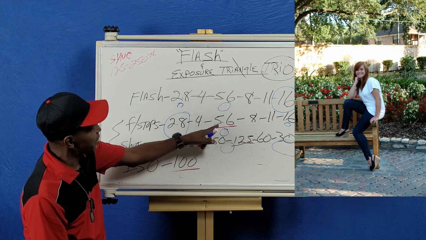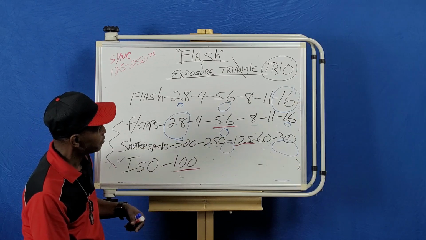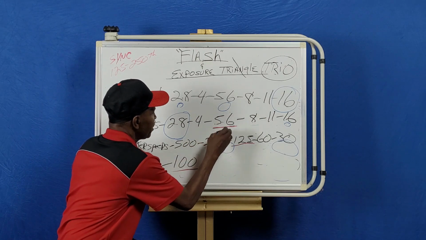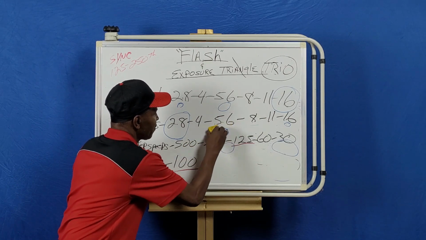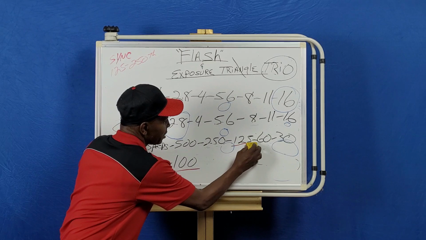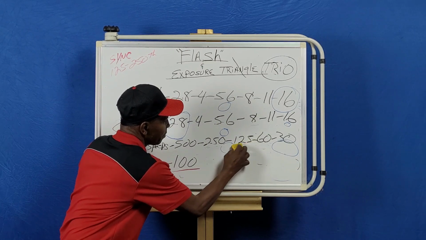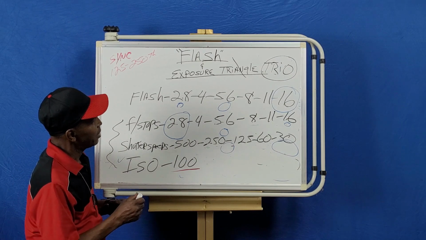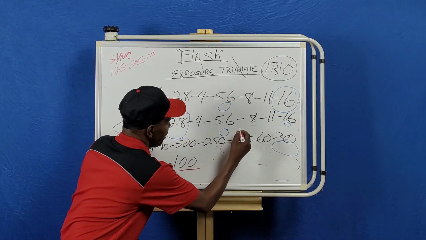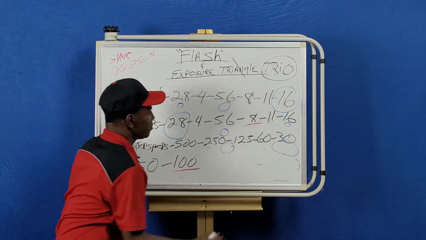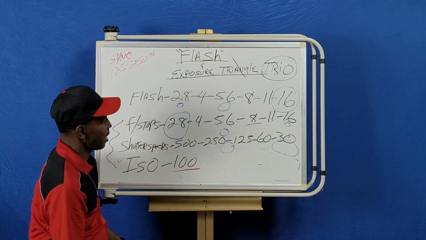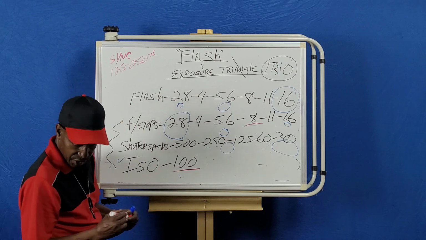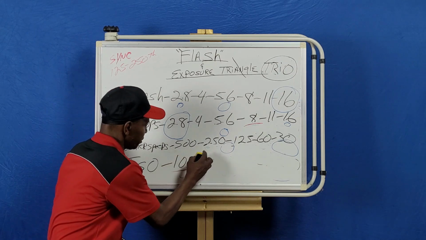So now for this scenario, we're at 5.6. I'm going to change the scenario. You say, well, we're tired of 5.6. Okay, let's get out of 5.6 and let's get out of 125. So now our new working f-stop is going to be f8. That's our new working f-stop. We can stay at 100 ISO, but if you wanted to change that, just for giggles,